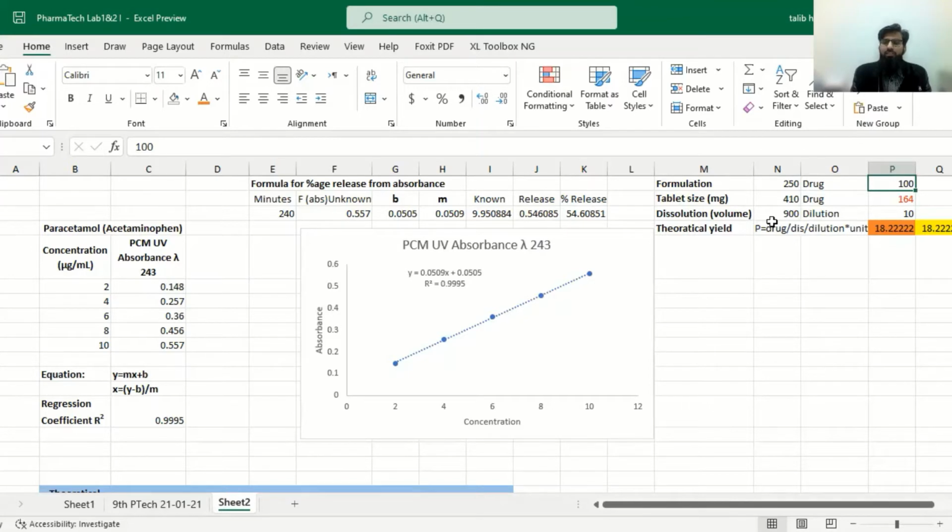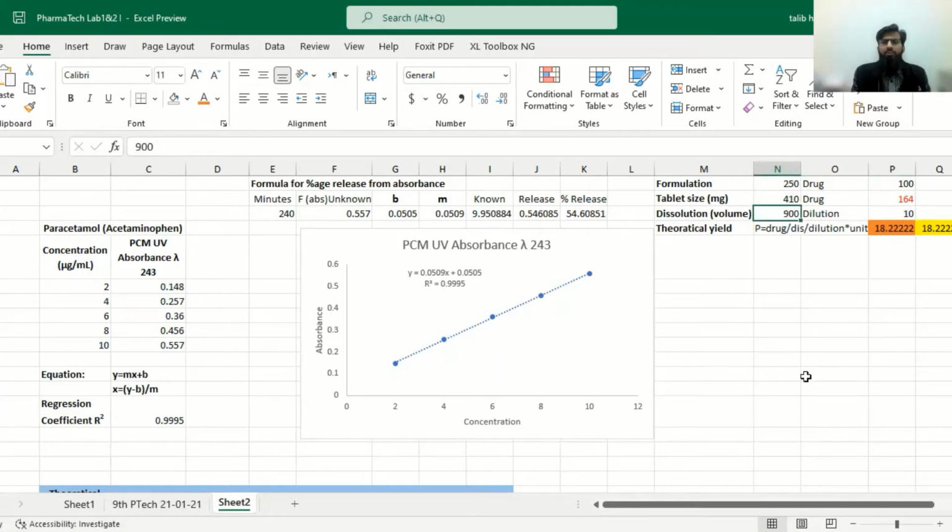So we will add this formulation to prepare a tablet, and that tablet will be added to a dissolution media in which it will be performed for 8 hours or 12 hours or 24 hours, or as the total drug release period is, for example, 72 hours. If we are dissolving it in a stomach media, then we will correspond to stomach media dissolution. And if it is for small intestine, large intestine, or any oral cavity, then we will correspond to that media. It can be from 250 ml to 900 ml. So I am using 900 ml for stomach.